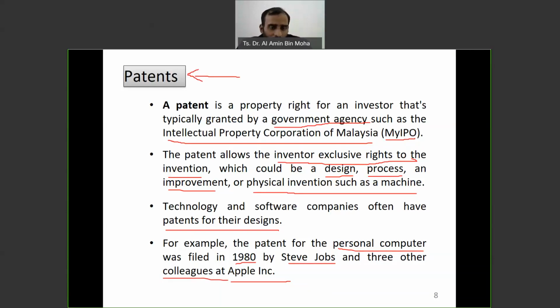So it may be that Steve Jobs was not the first who developed the personal computer, but because he was the first one who filed this and the filing was accepted, it is patented, so he is the owner now.